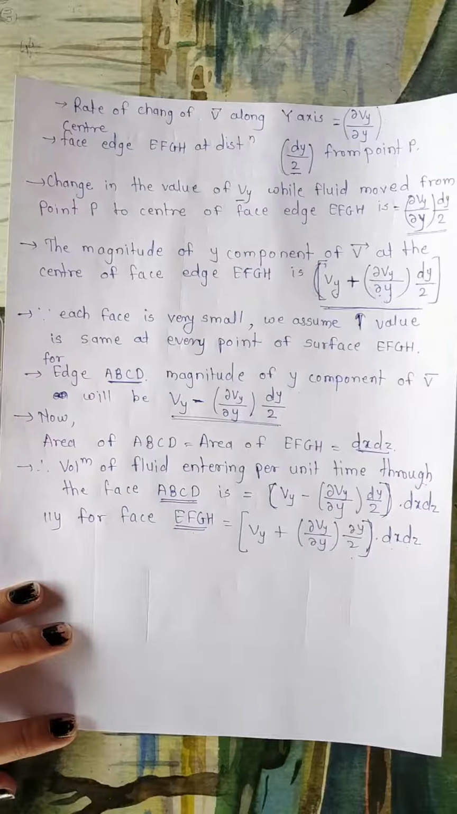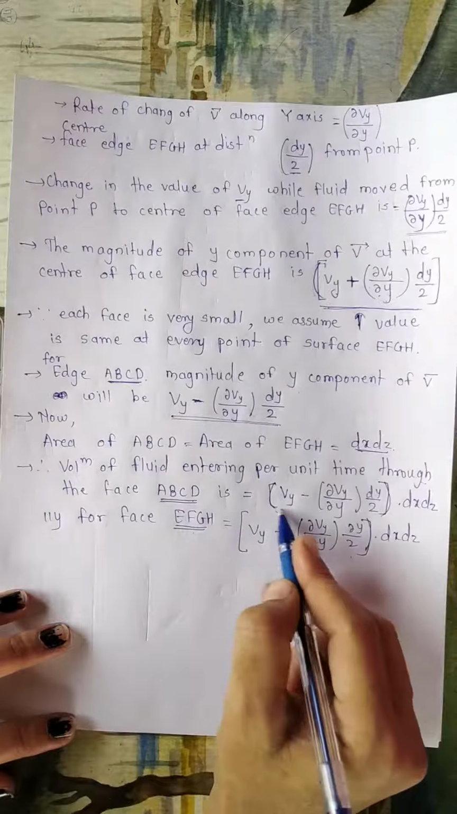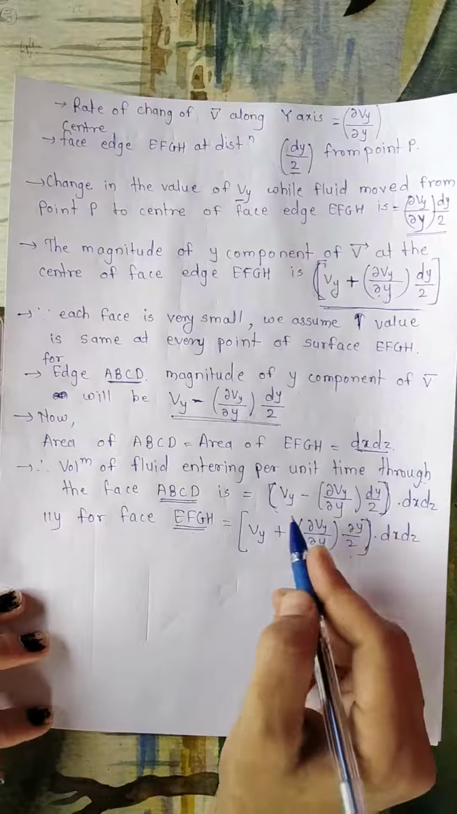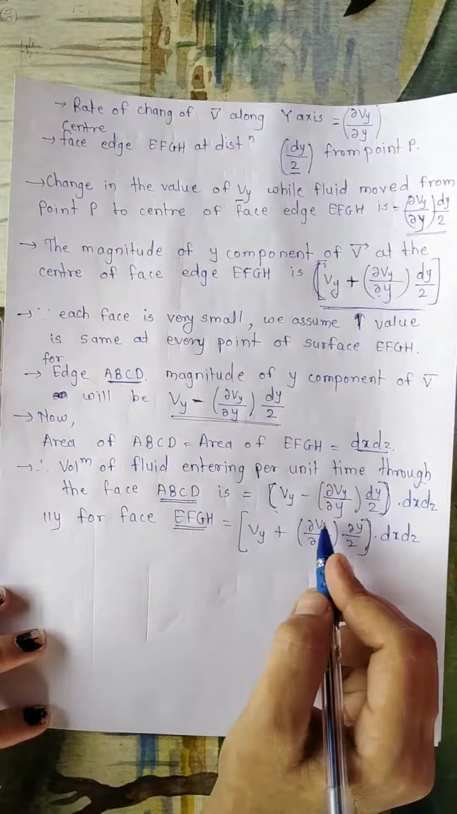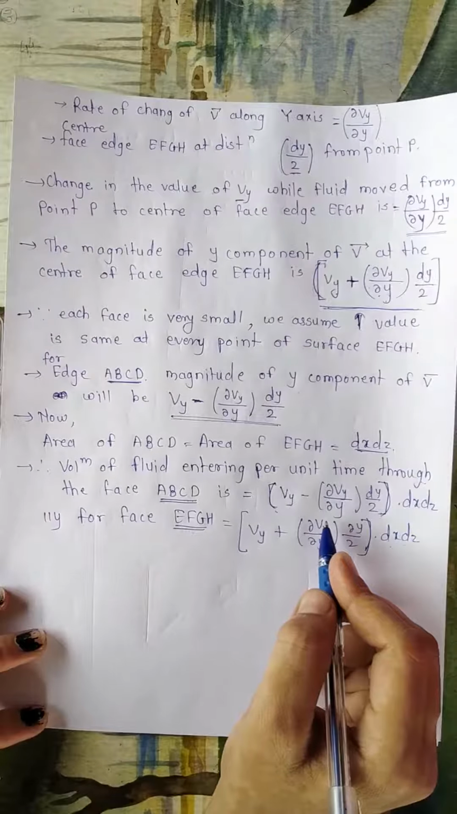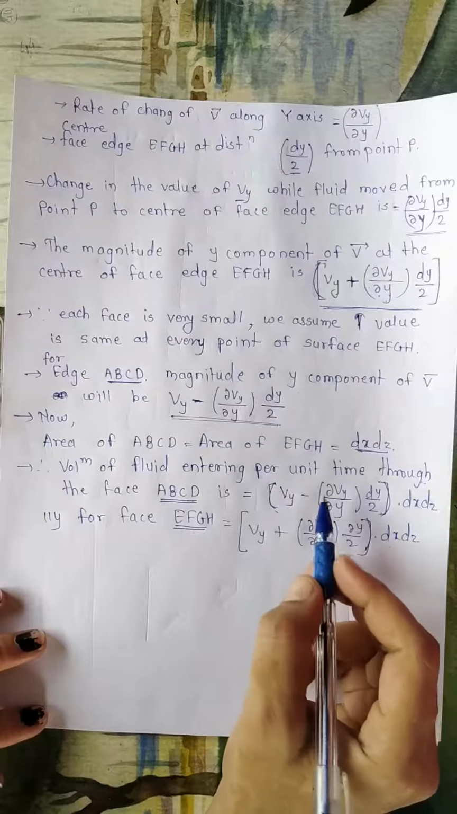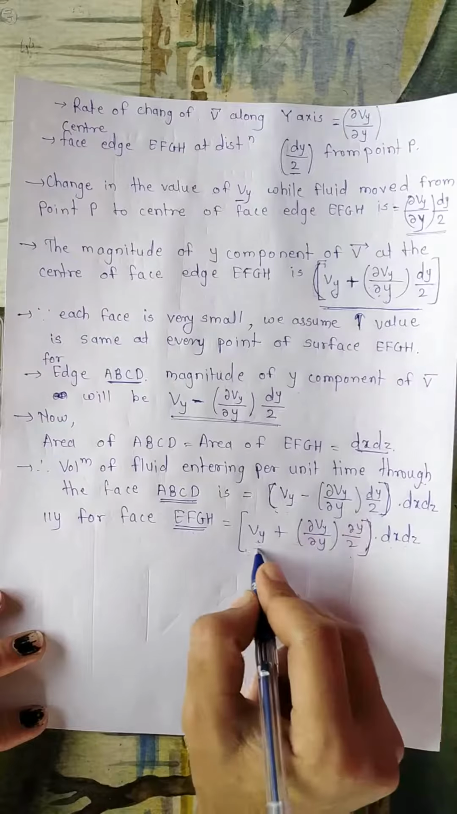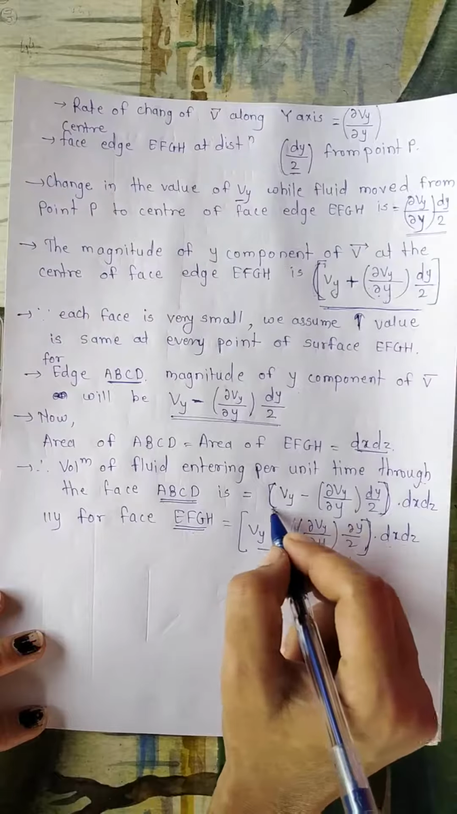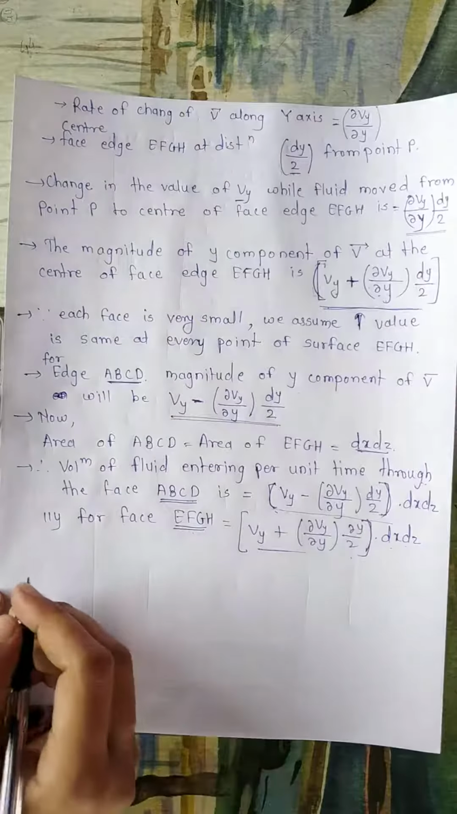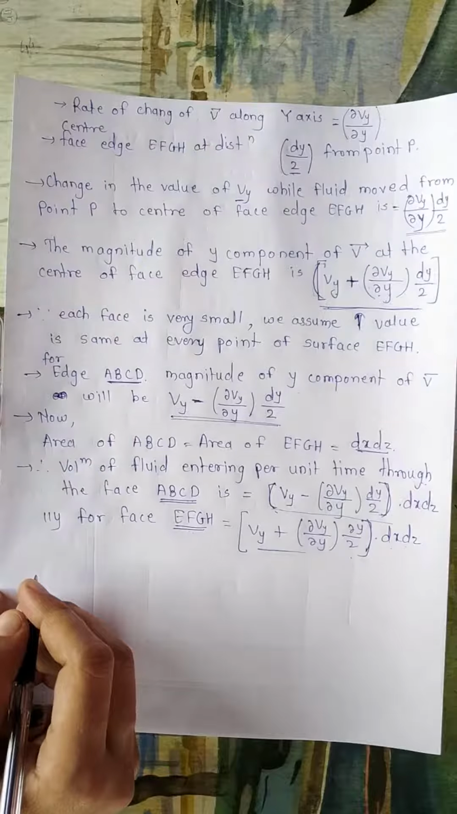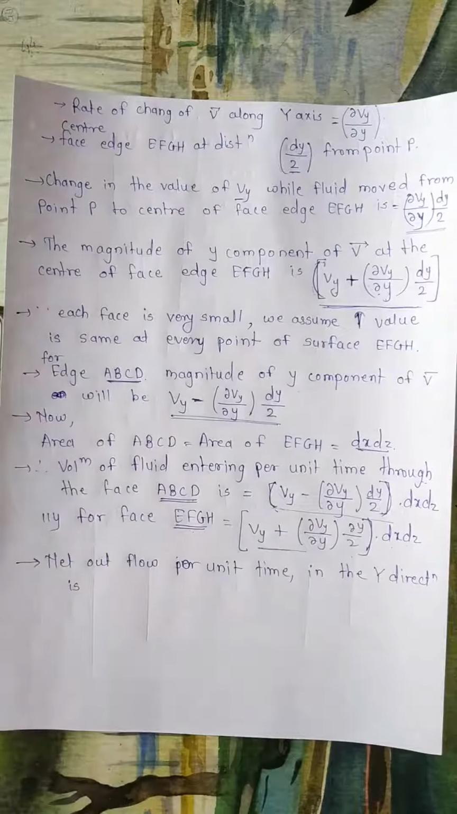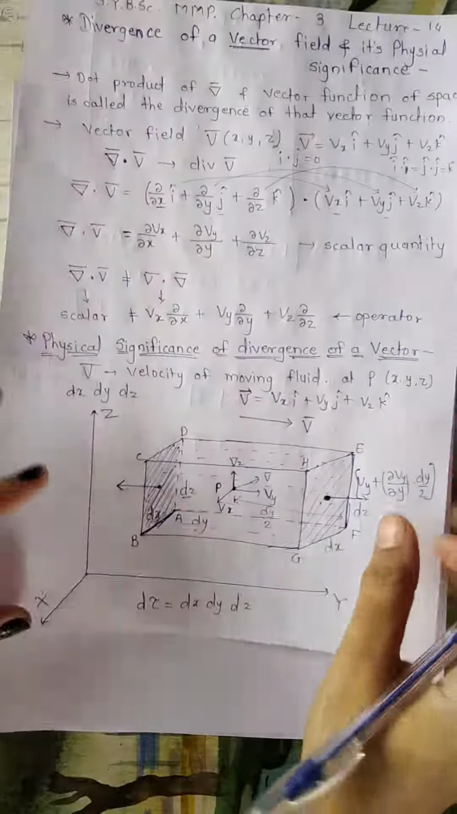So the direction is same. Therefore, the net flow per unit time in y direction will be given by, now here this is the flow of a fluid and volume of that flow of a fluid. If you have to calculate net flow in y direction, it will be subtraction of this quantity from this quantity. Means the net outflow per unit time in y direction is a subtraction,